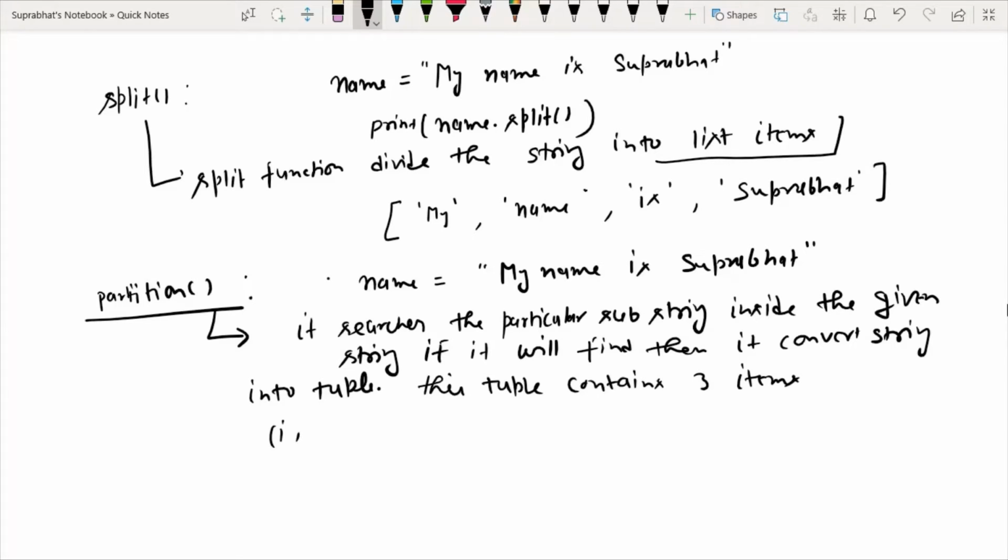The first one is the item before matching the substring.